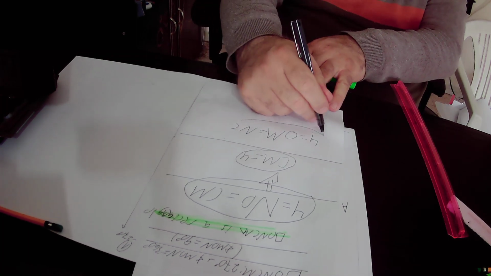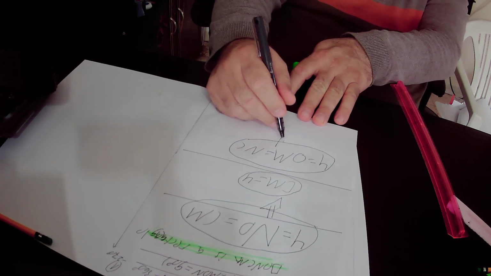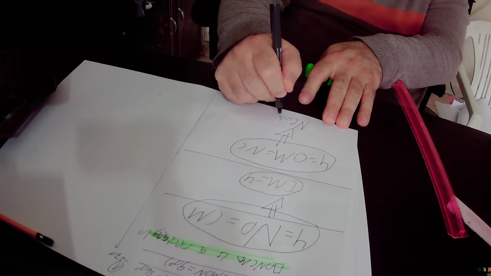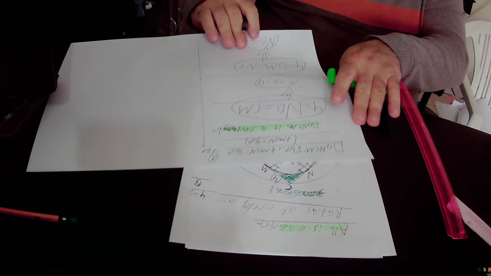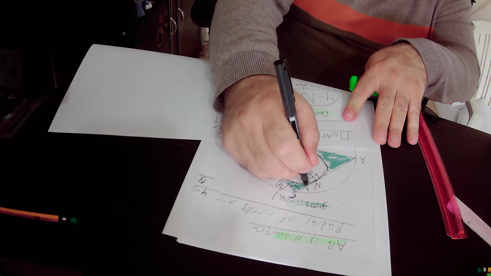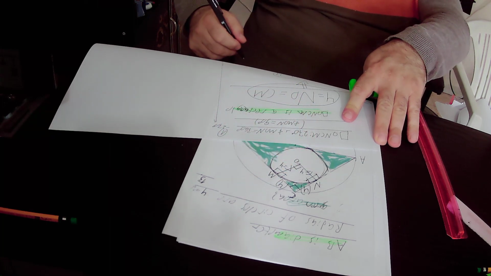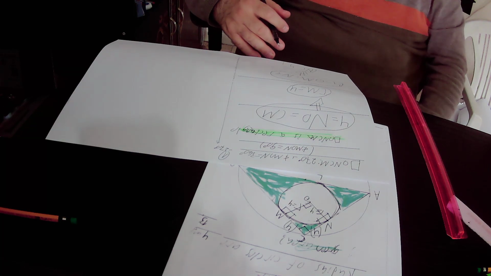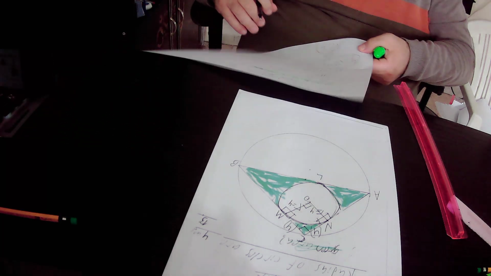And from this equation, 4 equals OM equals NC, we will derive that NC is also equal to 4 units. NC equals 4 units. So all the sides of quadrilateral ONCM are equal to each other, they are equal to 4 units. Therefore quadrilateral ONCM is not just a rectangle but a square. Okay, so in the next step